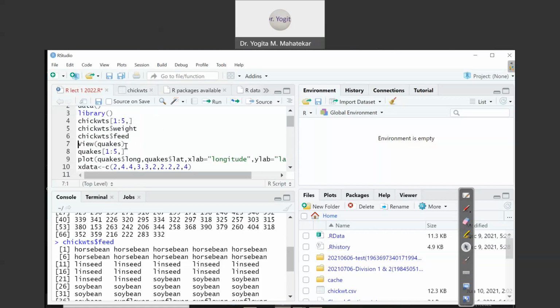Yes, so when I say, yeah, we have seen it. Basically, let us consider some other numerical data. We have played with chick weights numerical data. Other numerical data that is inbuilt in R is quakes. Quakes is the name of the numerical data which is readily available to us. So I'll just say view quakes. It will show you the contents of that numerical data.